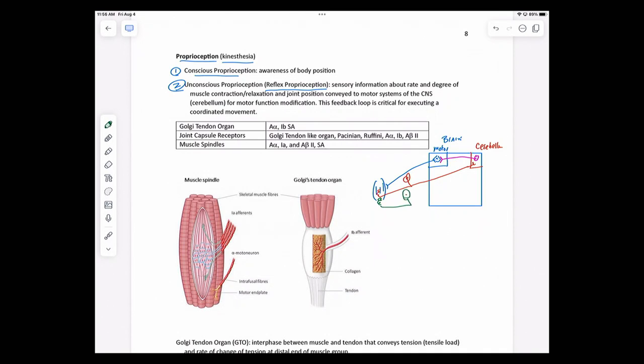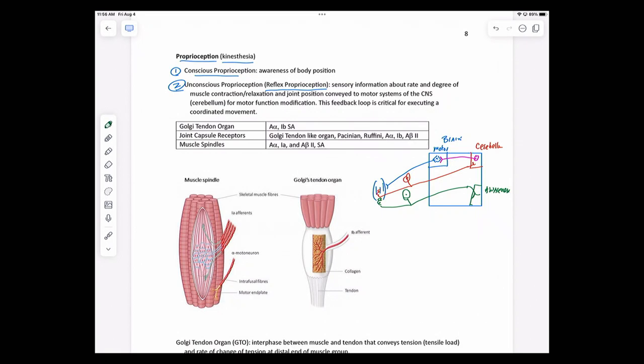Okay, right there. And it's going to go to a different part of the brain. In this part of the brain here, we're just going to say your conscious awareness. So it's going to talk to that part of the brain, conscious awareness. So now it is using information from this muscle here to give you a sense of where a body part